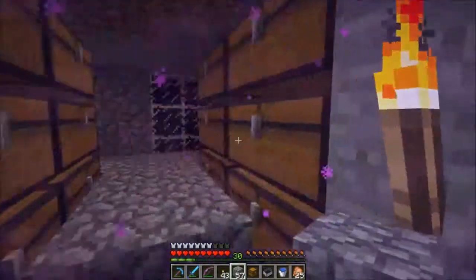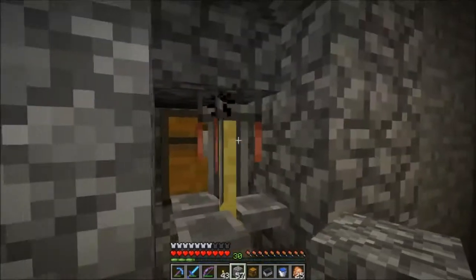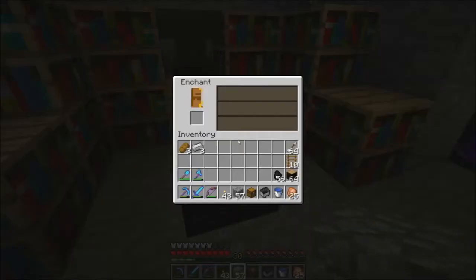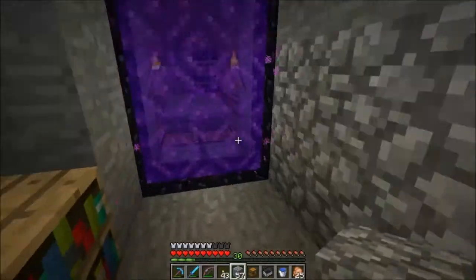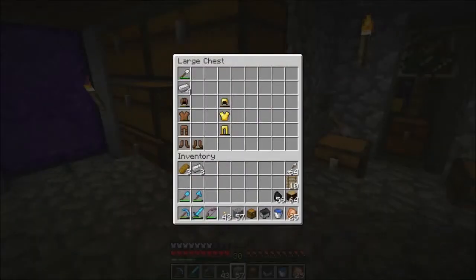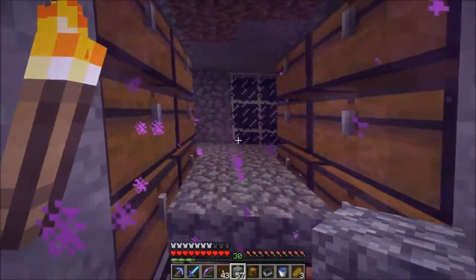I like using portals as a doorway. So we have a small brewing station, which is not really doing anything yet. An enchanting station, which does go to level 30. And an anvil. So, everything you need, except the materials to make stuff to enchant. Which is kind of sad. But, as I mentioned last episode,